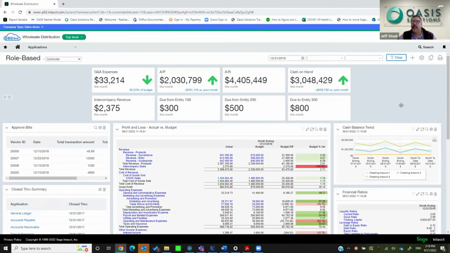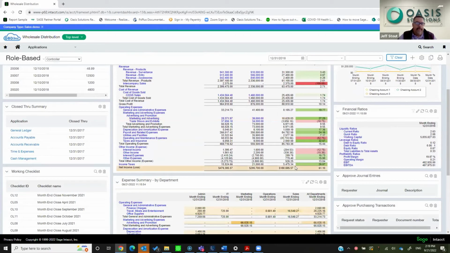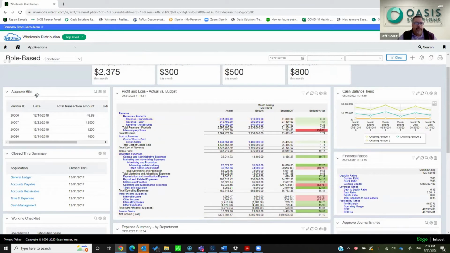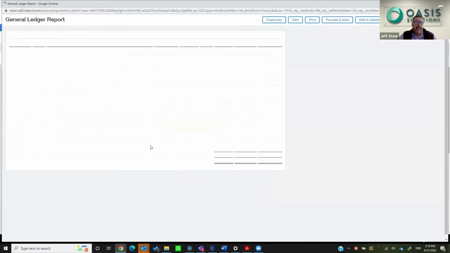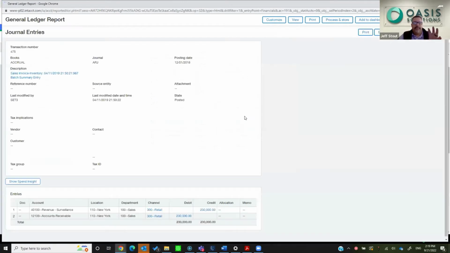Okay. So some of the other components that we have on our dashboard, you can see some of those here. We've got charts that can be set up on here. We also have different reports that we can look at. We have lists and checklists that we have here. So we have reports, we have bill approval lists, other checklists, and these operate the same way that I can take these hyperlinks and drill into that data when I'm looking at it here, and open up down to transaction level detail, very quickly as I'm scanning through the information